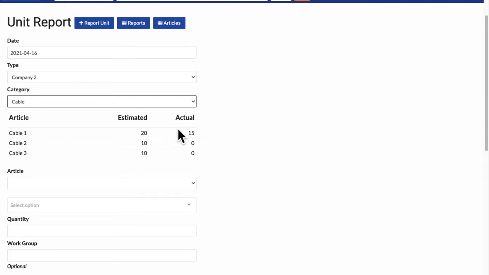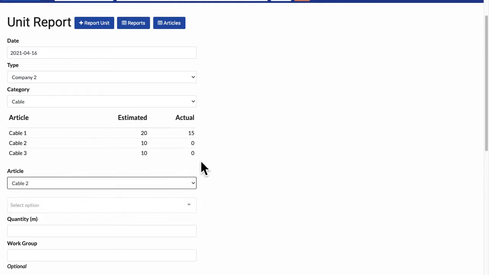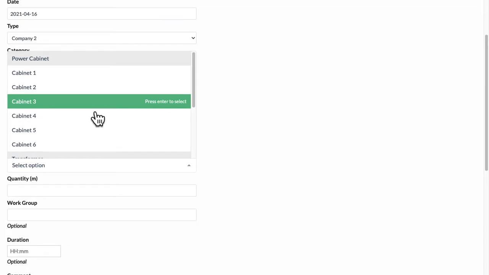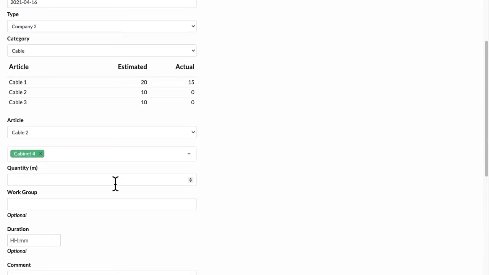I can see here in this project there are 3 cable jobs and estimated meters 20, 10 and 10, and already 15 meters is finished in this cable 1 job. So I will now report cable 2 job, and there's a possibility to connect this job report to an object in the field. So say this is cabinet 4 and I did 3 meters today,